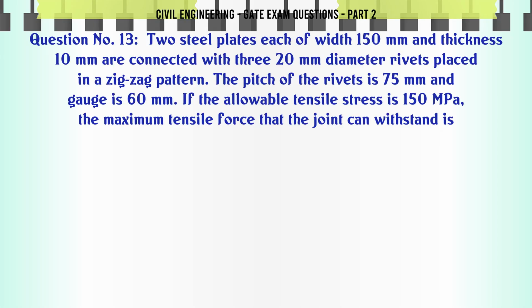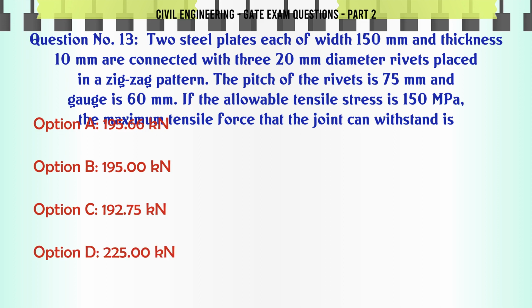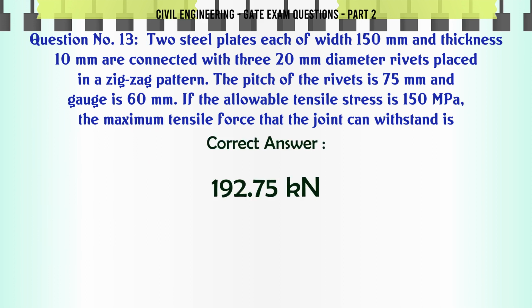Two steel plates each of width 150 mm and thickness 10 mm are connected with three 20 mm diameter rivets placed in a zigzag pattern. The pitch of the rivets is 75 mm and gauge is 60 mm. If the allowable tensile stress is 150 MPa, the maximum tensile force that the joint can withstand is A 195.66 kN, B 195.00 kN, C 192.75 kN, D 225.00 kN. The correct answer is